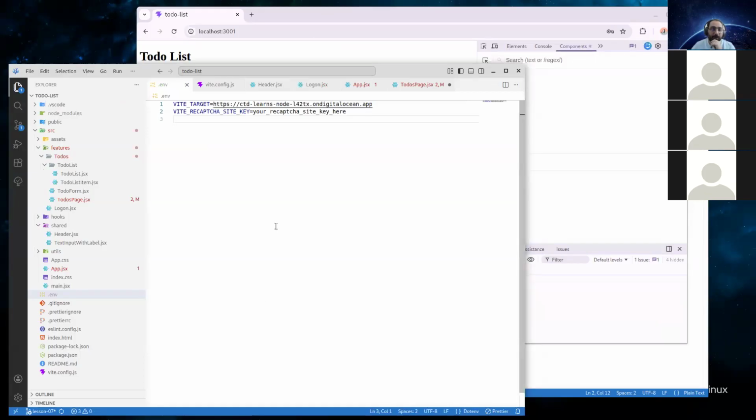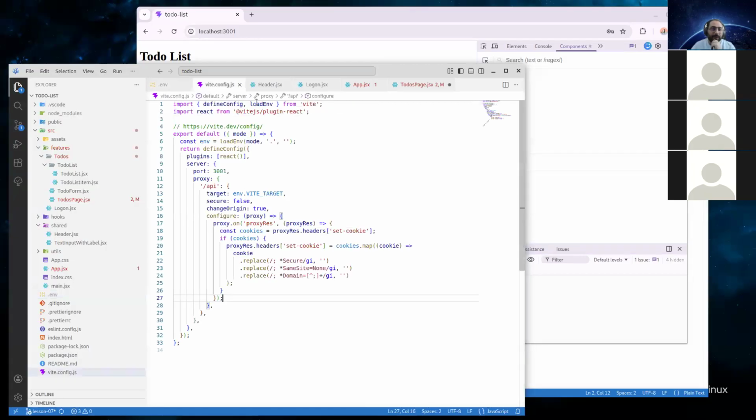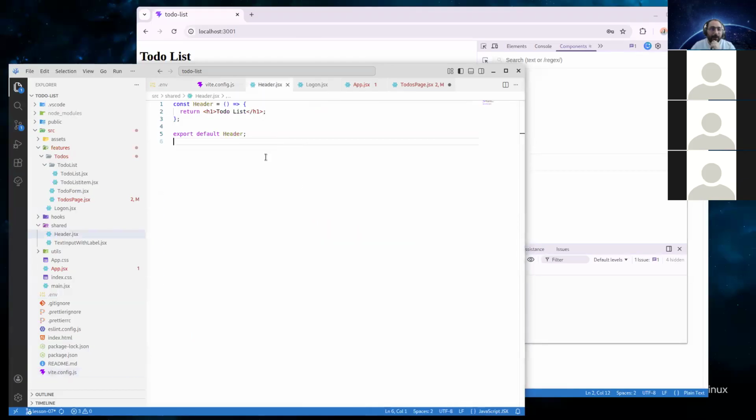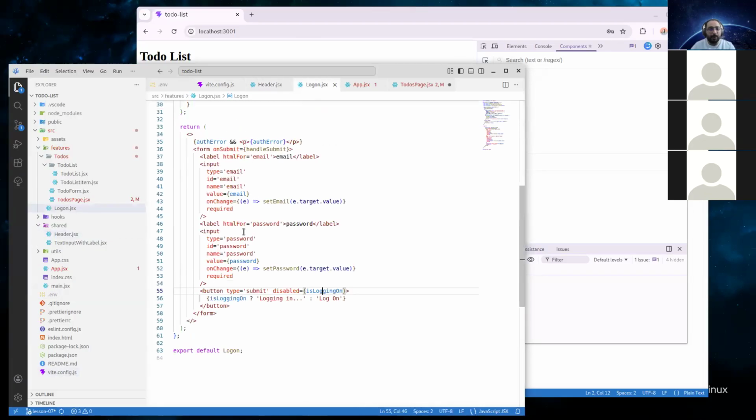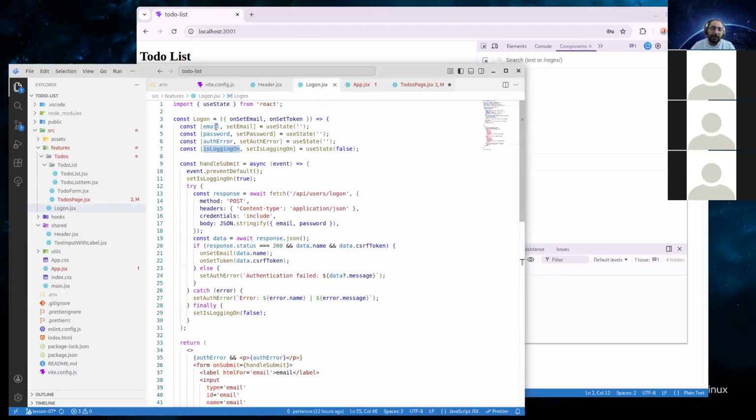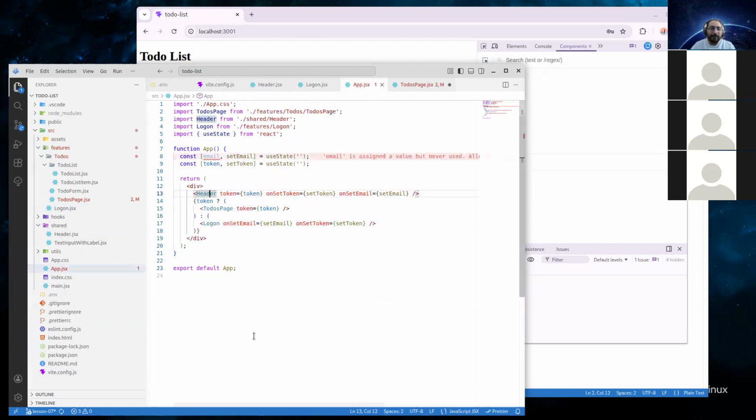So the login will be successful, and the Vite configuration we updated. So the header is from our refactor work, and the logon, I think you did it well, and we reworked the application